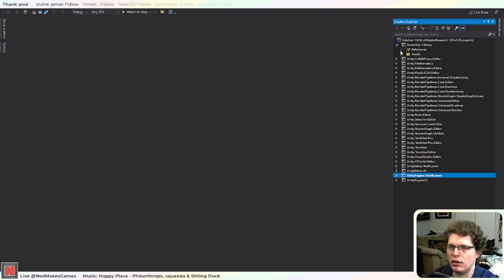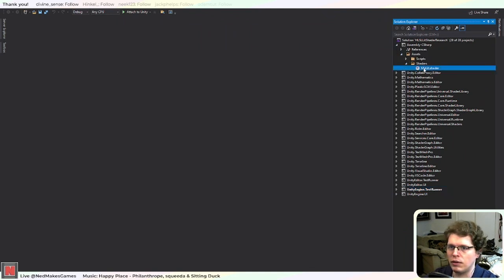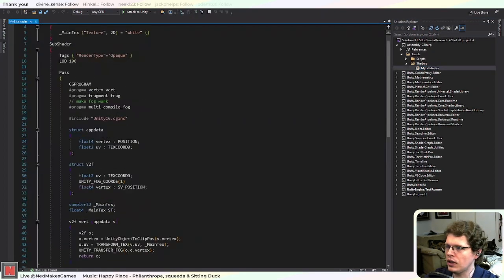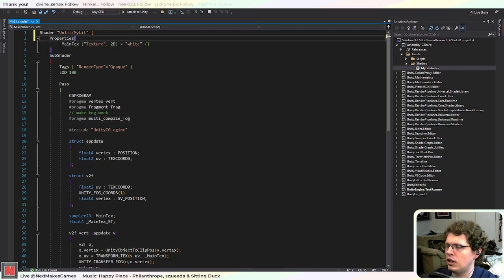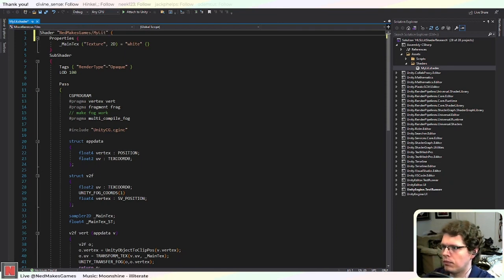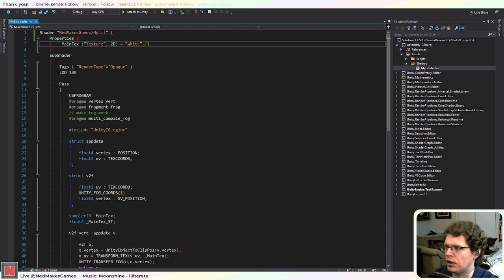Okay, but let's go ahead. So we have the shader file, and I guess we'll just start off simple. I like to clean it up because I like my programming style as I have braces on the same line as the function name. So this part is like the title of your shader where it shows up in the material inspector. And here's where you can write properties. So we'll have a main texture, but I think I'm,